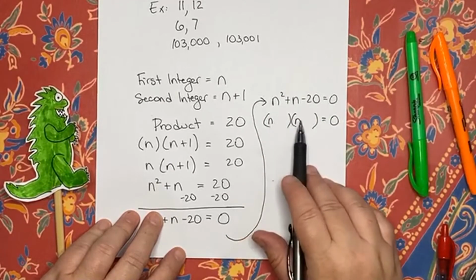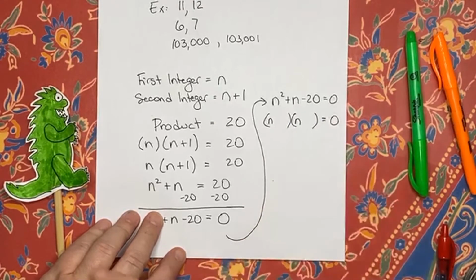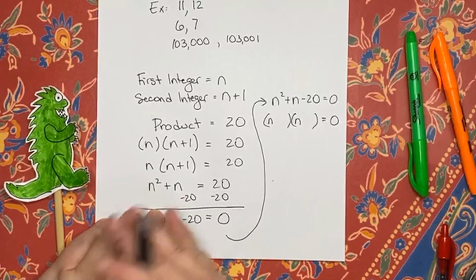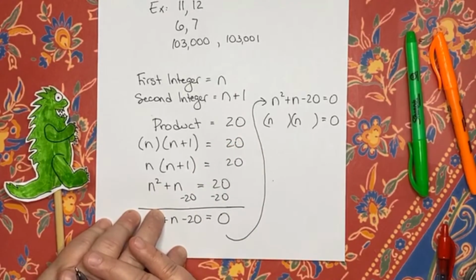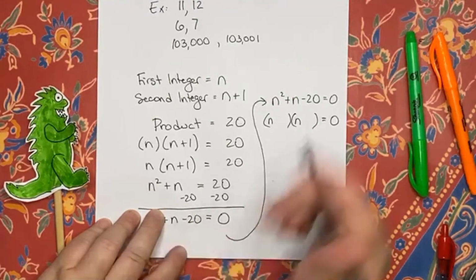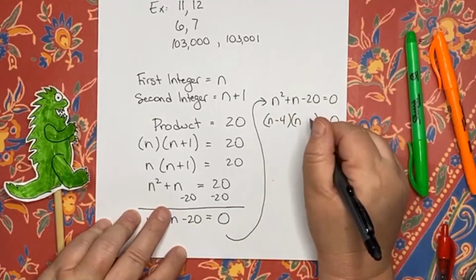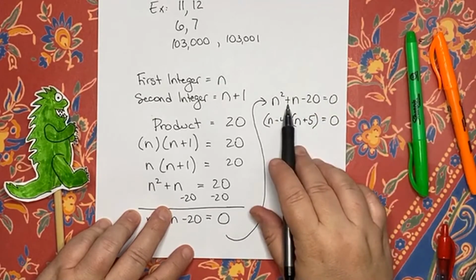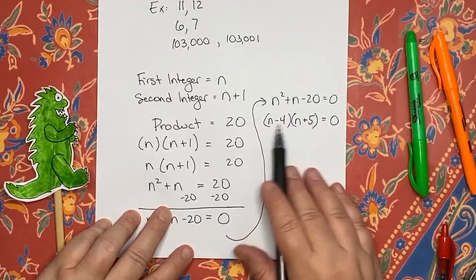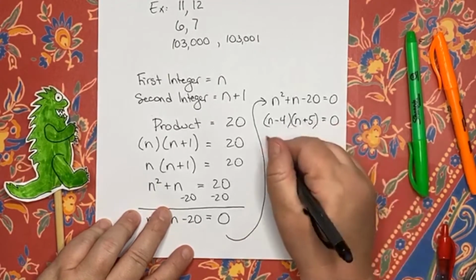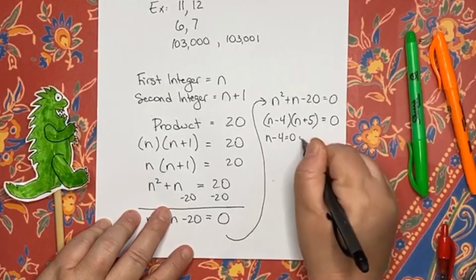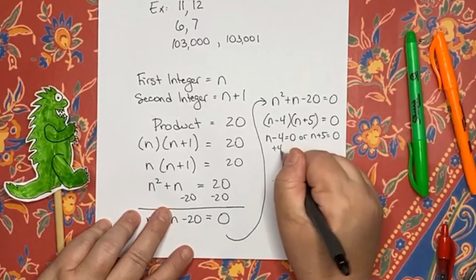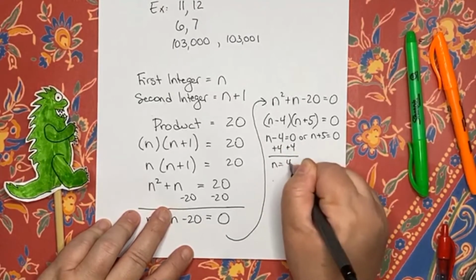n squared breaks down into n times n. Then I need two numbers that multiply to negative 20. I could do -1 and 20, or 1 and -20. I could do -2 and 10. I could do -4 and 5. Ooh, how about -4 and +5? Does that work? Let's double check. I get a plus n in the middle, -4n plus 5n. Yes, that's going to work. Okay, so n minus 4 equals 0, or n plus 5 equals 0. That's the zero property. Add 4 to both sides, n equals 4, or,